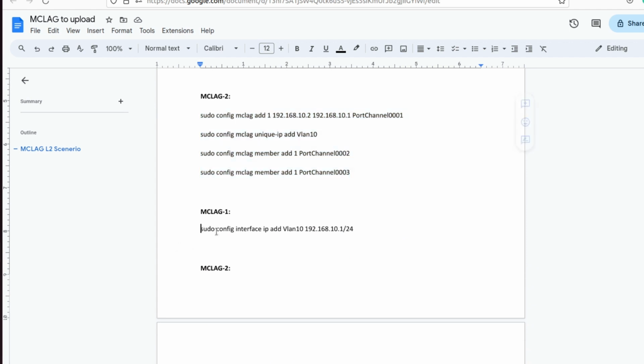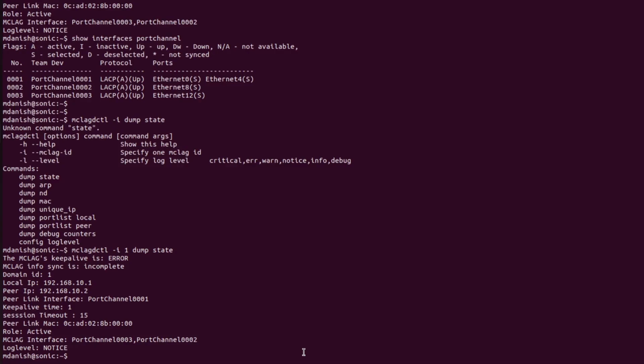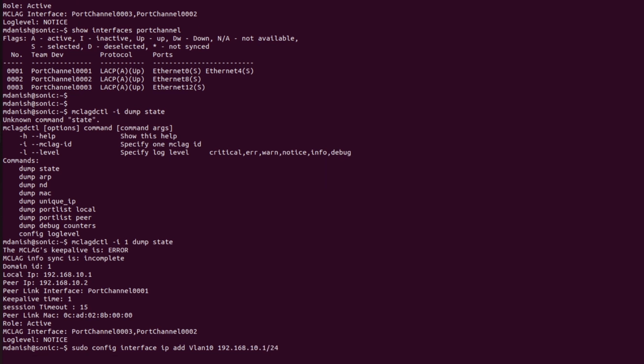We have not assigned IP to VLAN 10. As we can see here, MCLAG keep alive link is showing as error. Why? Because we haven't assigned IP address to VLAN interface. Now I will assign IP to VLAN interface by using command sudo config interface ip add Vlan10. This V must be capital. Vlan10